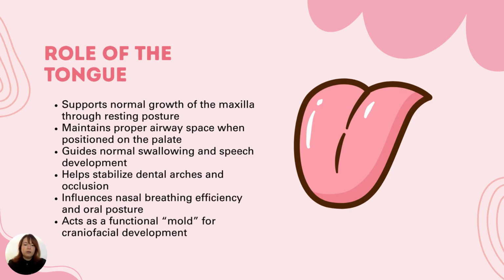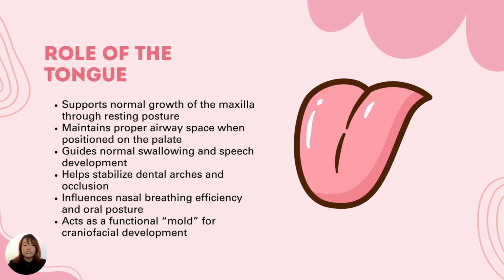This all affects the airway. And this is also a recommendation by the ADA, the American Dental Association, to stop all kind of non-necessary oral habits. So the role of the tongue supports normal growth of the maxilla, that's our upper arch, through resting posture,